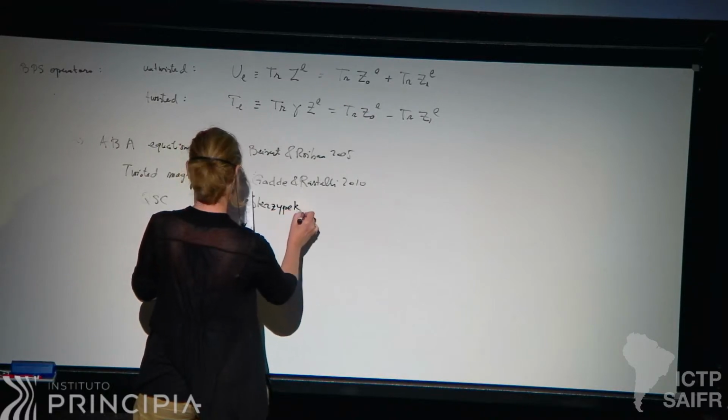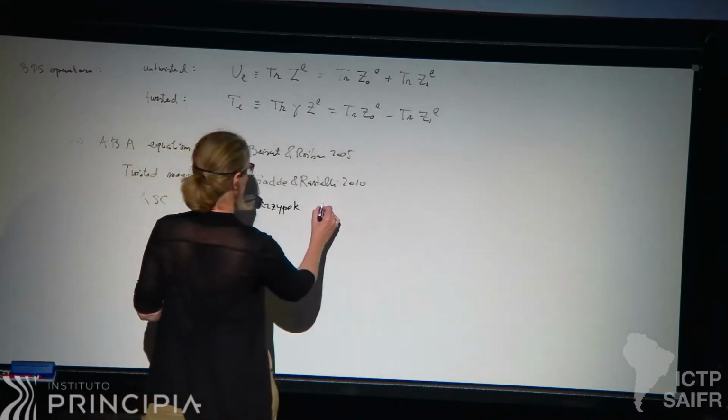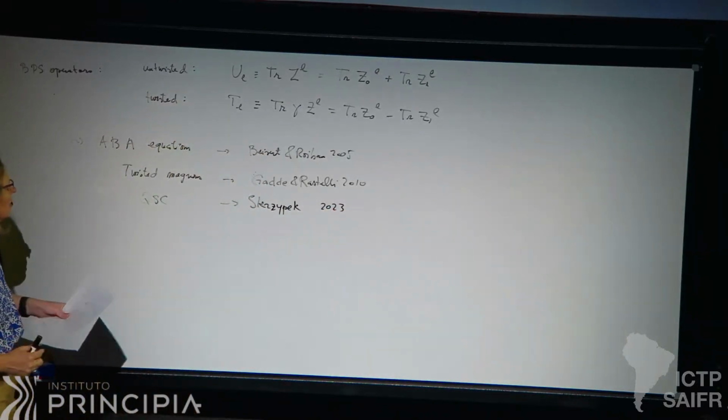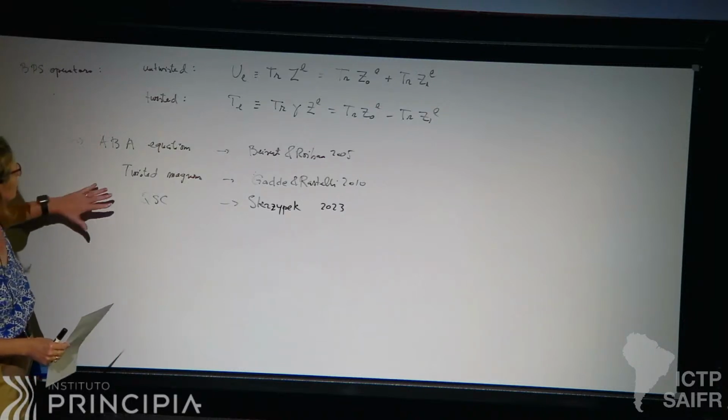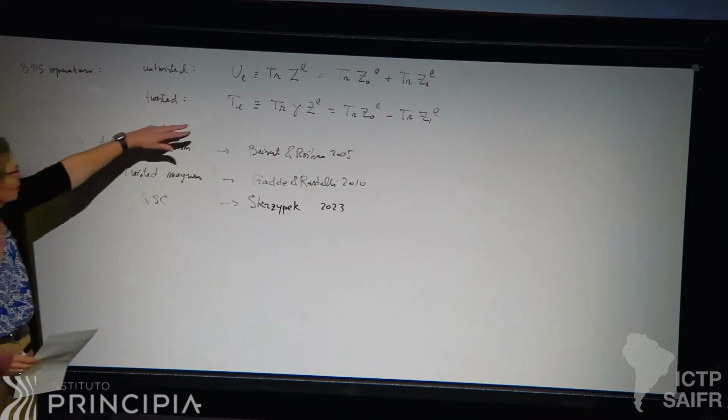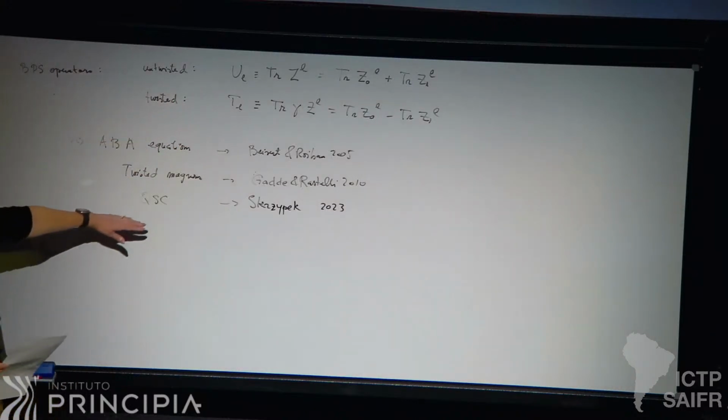Yeah, I have to check the name. So this is a paper from 2023. But for the things that we are interested in, namely correlation functions of these operators, unfortunately